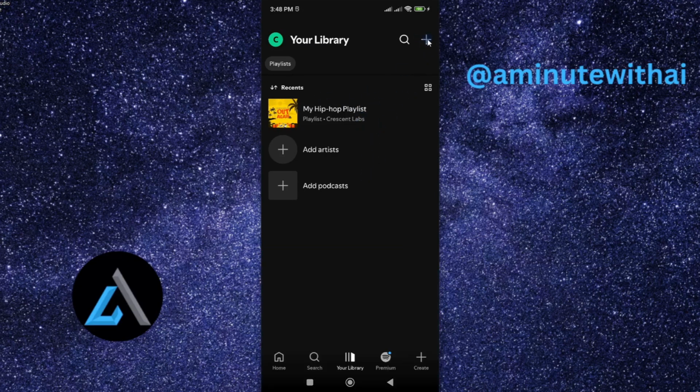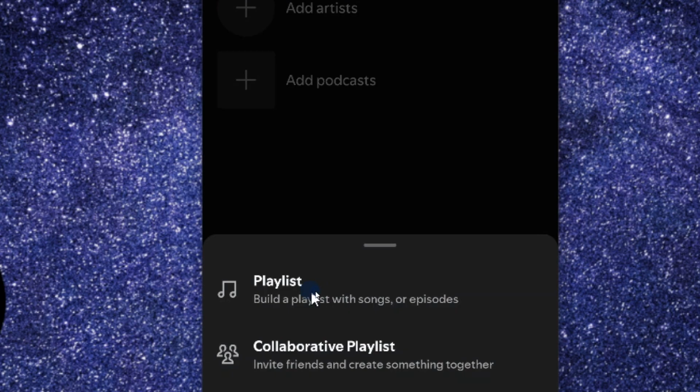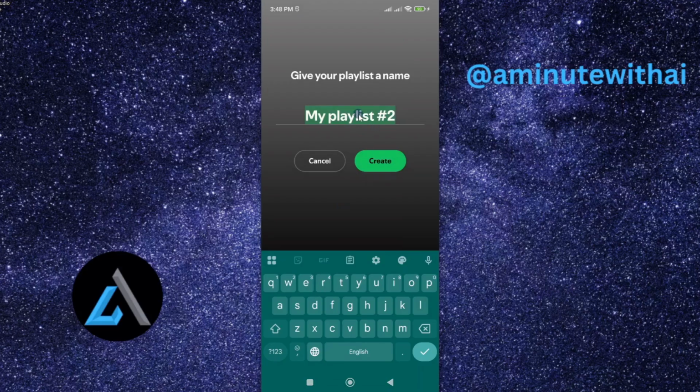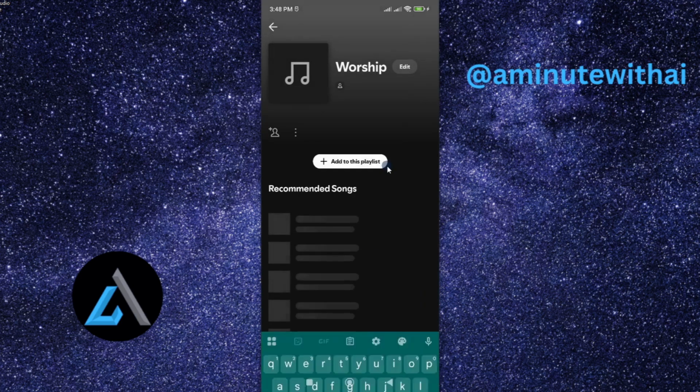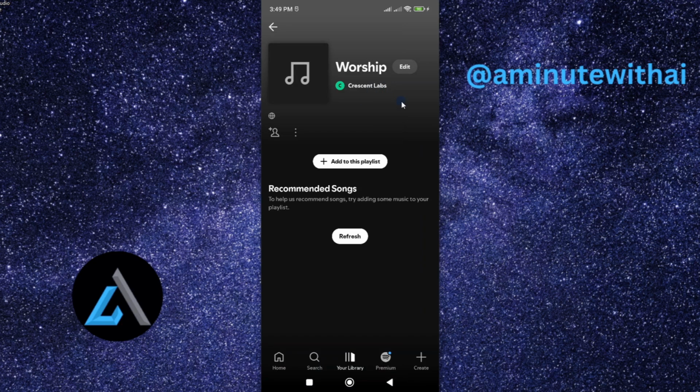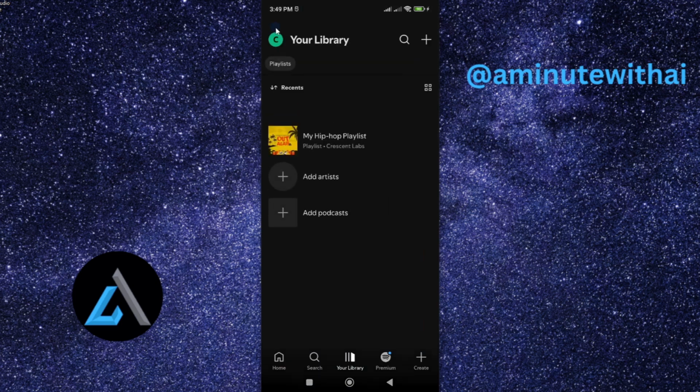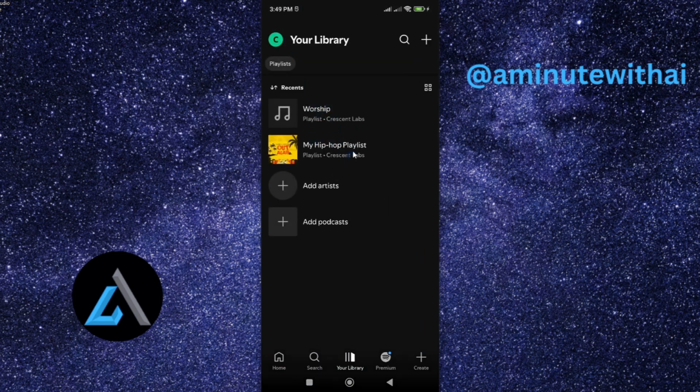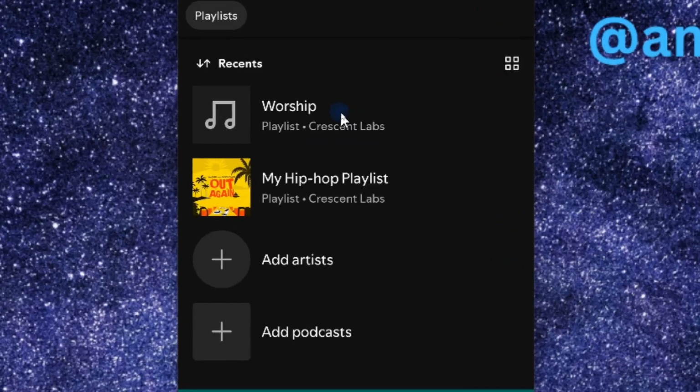Just tap on plus here and then select playlist, and this will give you an option to rename your playlist, and therefore I'll go ahead and give it a name. Once you have given it a name, tap on create, and now my worship playlist has been created. If I go back, now you can see I have two playlists, but the problem is this playlist has no